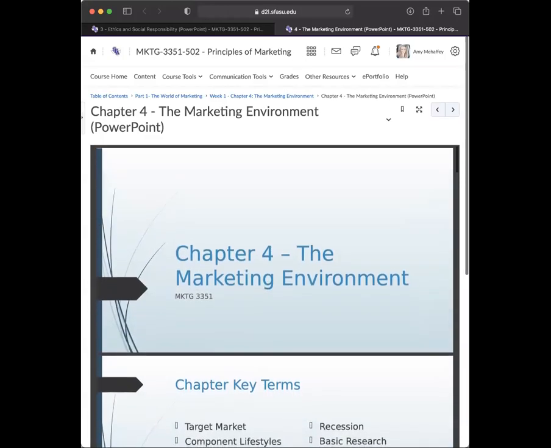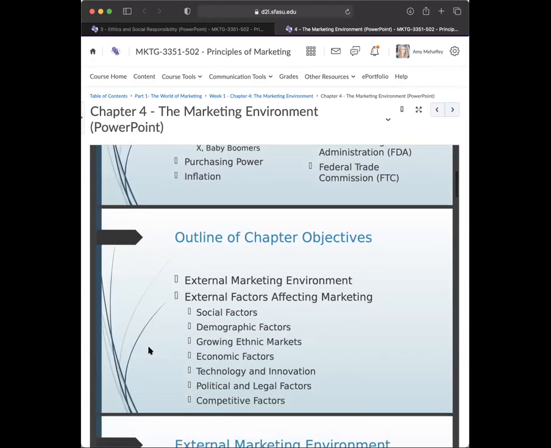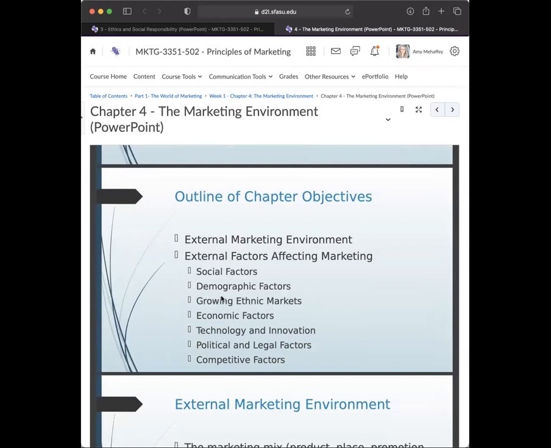All right, folks. Today we are going to look at the marketing environment. This deals with mostly external forces. So, when we talked about our SWOT analysis, remember I said we had external and internal forces that really influenced the way that we looked at our strengths, weaknesses, opportunities, and threats. Well, here, when we talk about opportunities and threats, they're usually external factors. So, demographics, different markets, economic factors, competitive factors, legal and political factors, social factors.